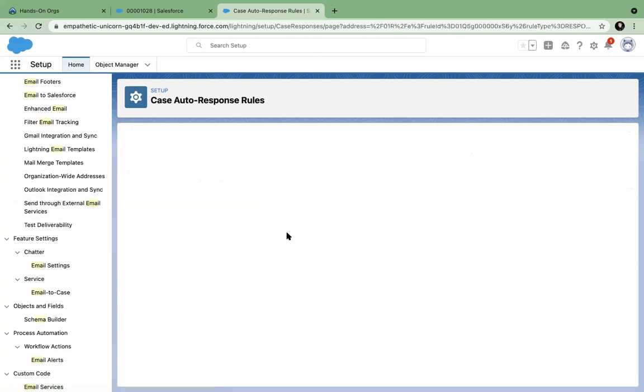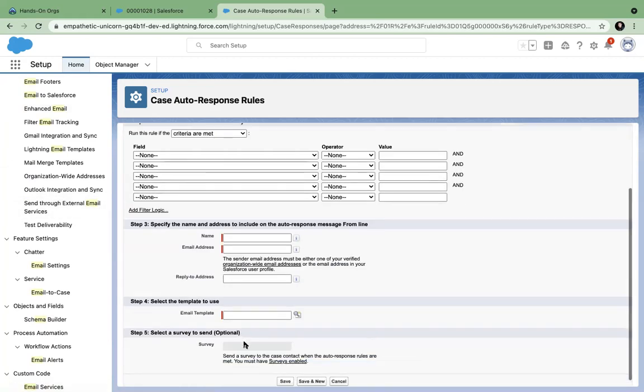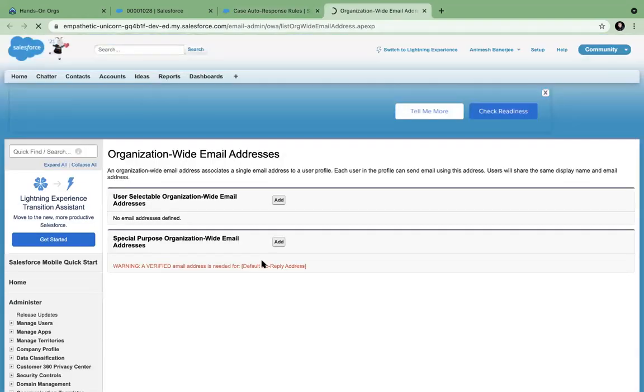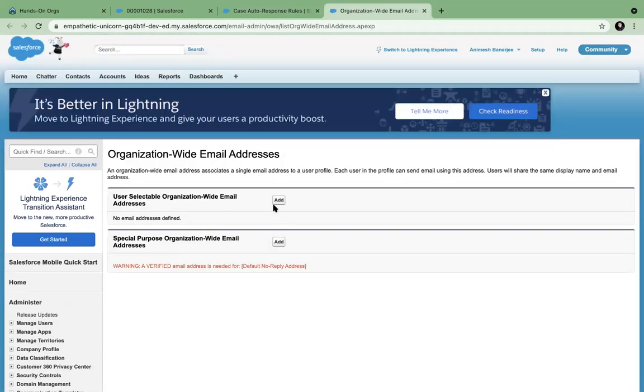Organization wide email addresses. Here you have to add these special addresses, user selectable. If you want users to be able to use it, you can add all these email IDs, which are your email IDs. If you want to send email from these email IDs, you can add them here.